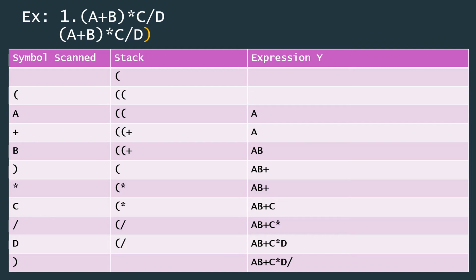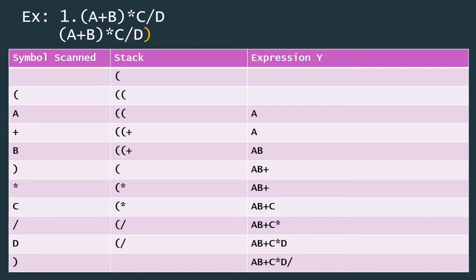When the right parenthesis comes, then as per the rule, whatever operators are there in the stack will be repeatedly popped from the stack and go to the expression part. There is only one operator here, plus, until it reaches the left parenthesis. So that plus operator will go to the expression part, and the immediately present left parenthesis will be removed from the stack. So now your expression becomes AB plus, and the stack has only one left parenthesis.